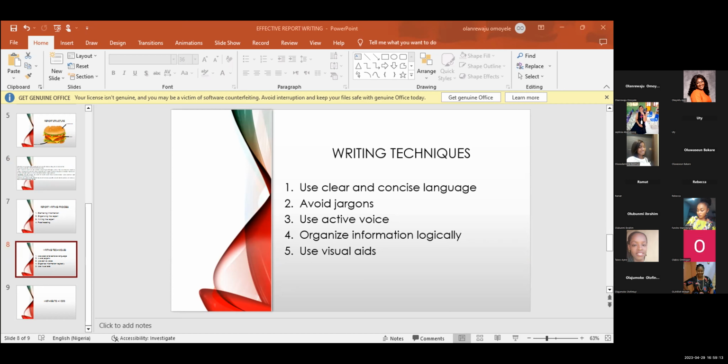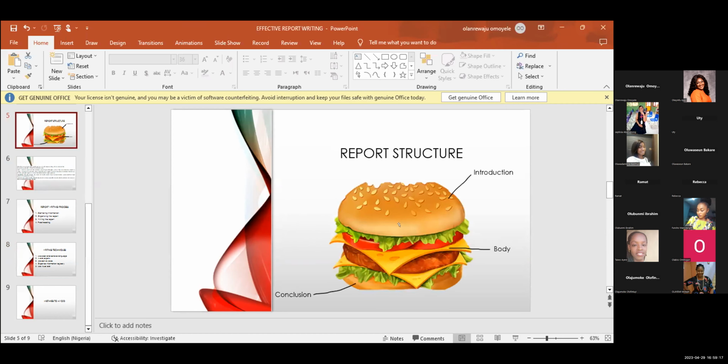For example, the blog I used here is a visual aid, isn't it? I'm using it to explain how the report should look. Imagine I just come in and say the report should have an introduction, body and conclusion, like a bread with something on the side. You might find it difficult to understand.